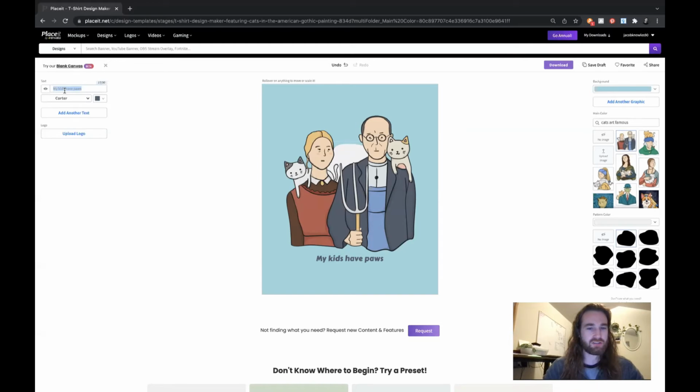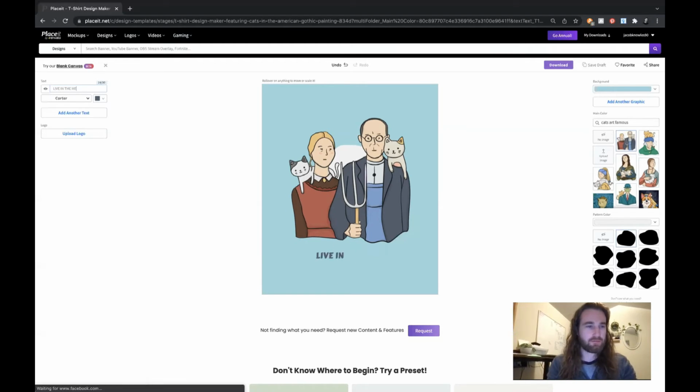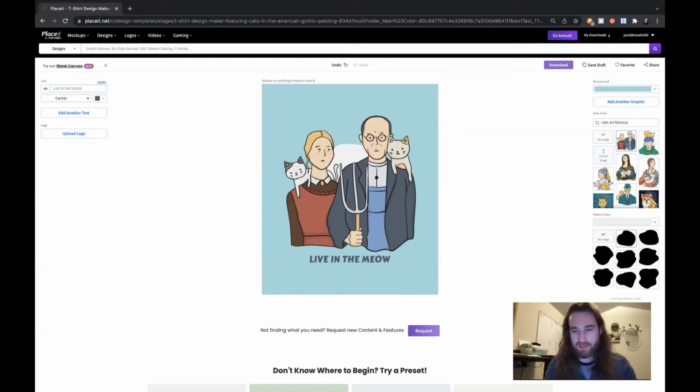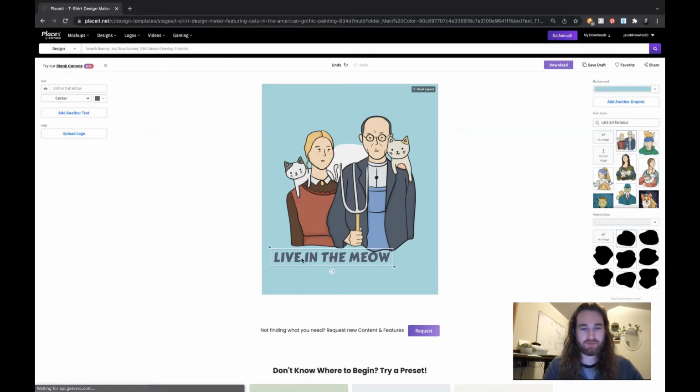But I like this design. I want to change the text to "live in the meow." Kind of like instead of "live in the now," "live in the meow." This is a terrible tagline. You should not take this design. I did not do any research for this design. So take it with a grain of salt. But I'm just showing you guys how it's possible to customize